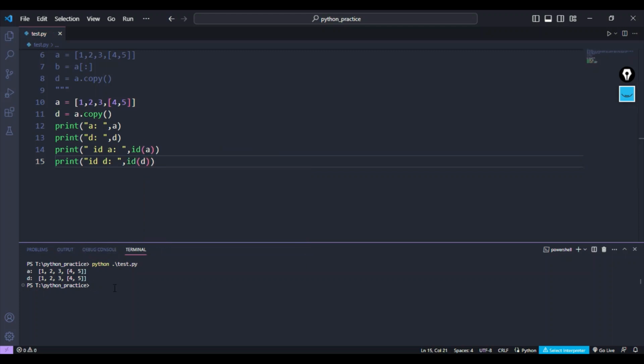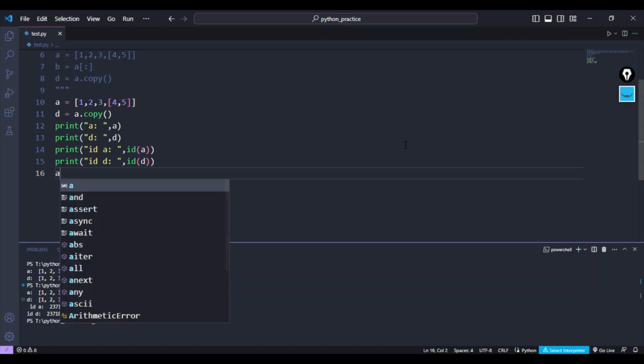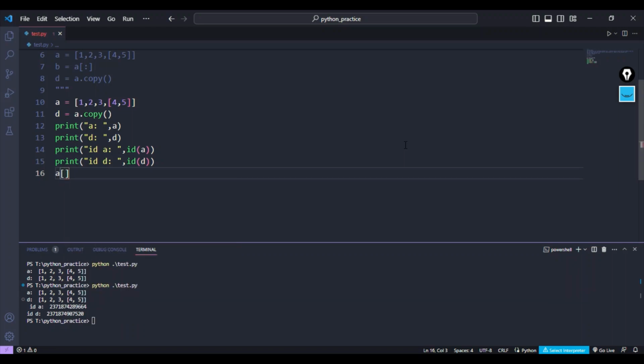Now if I run this, I get different IDs. What does this mean? This shallow copy is creating a new object for the top level structure, right? So now if I make any change to this top level structure using either object, for example, if I set a of 0th element equal to 99, and print a and d on the console,